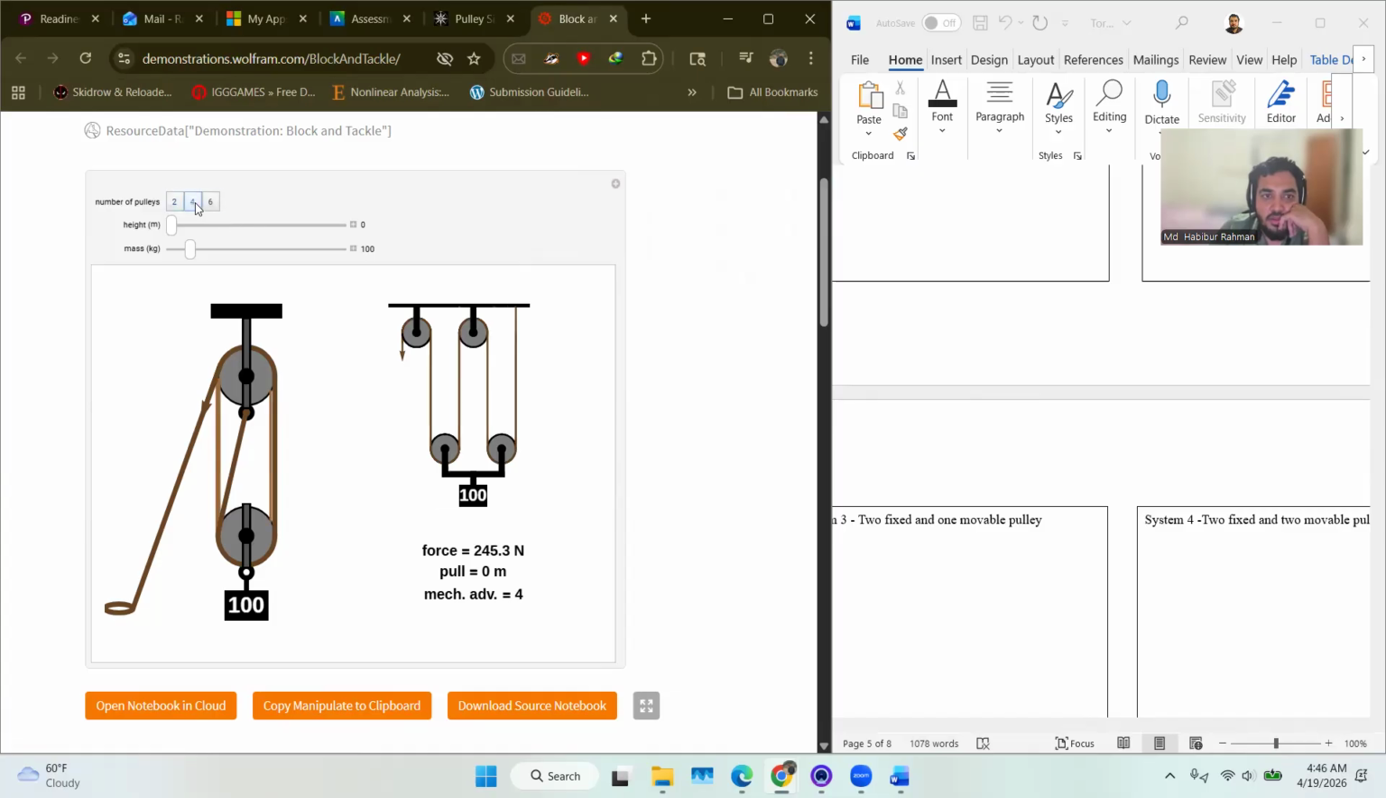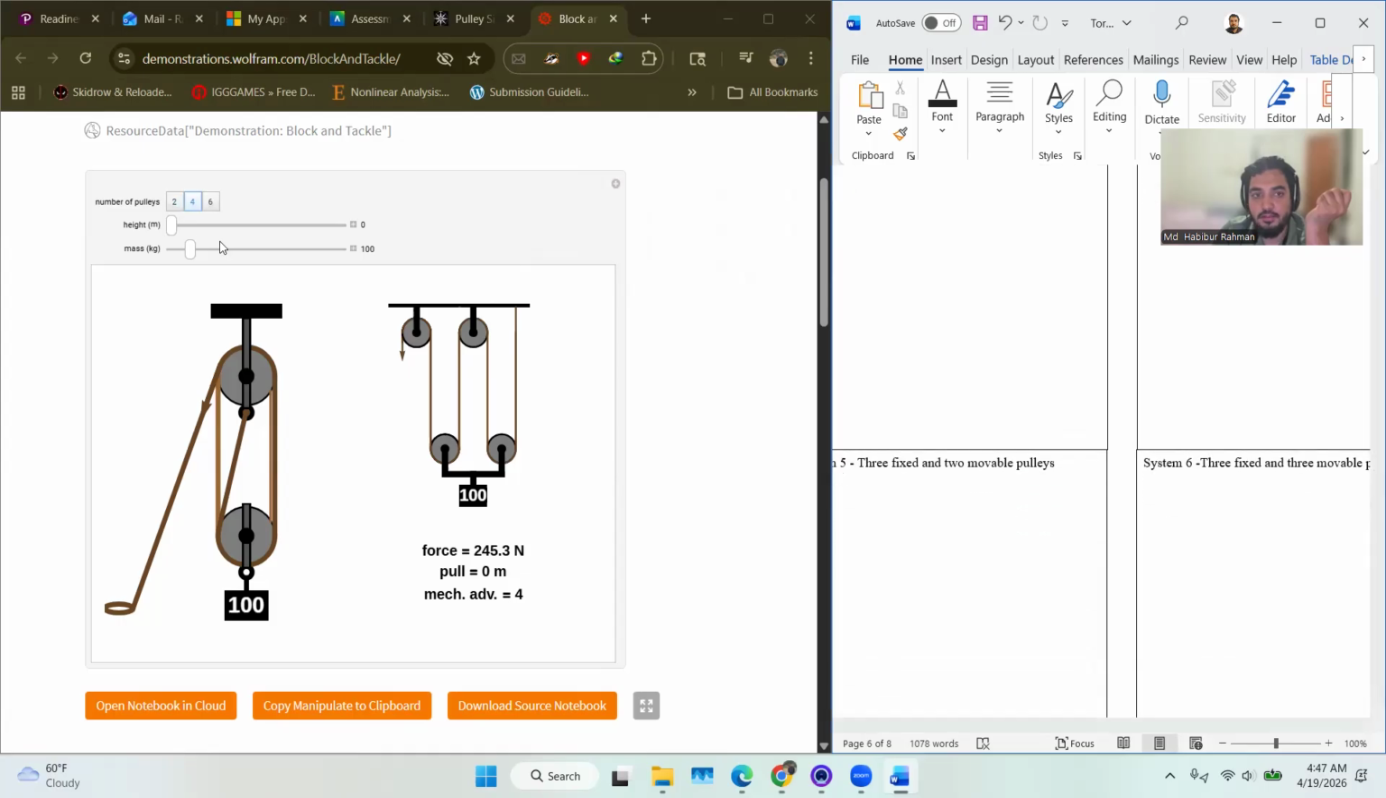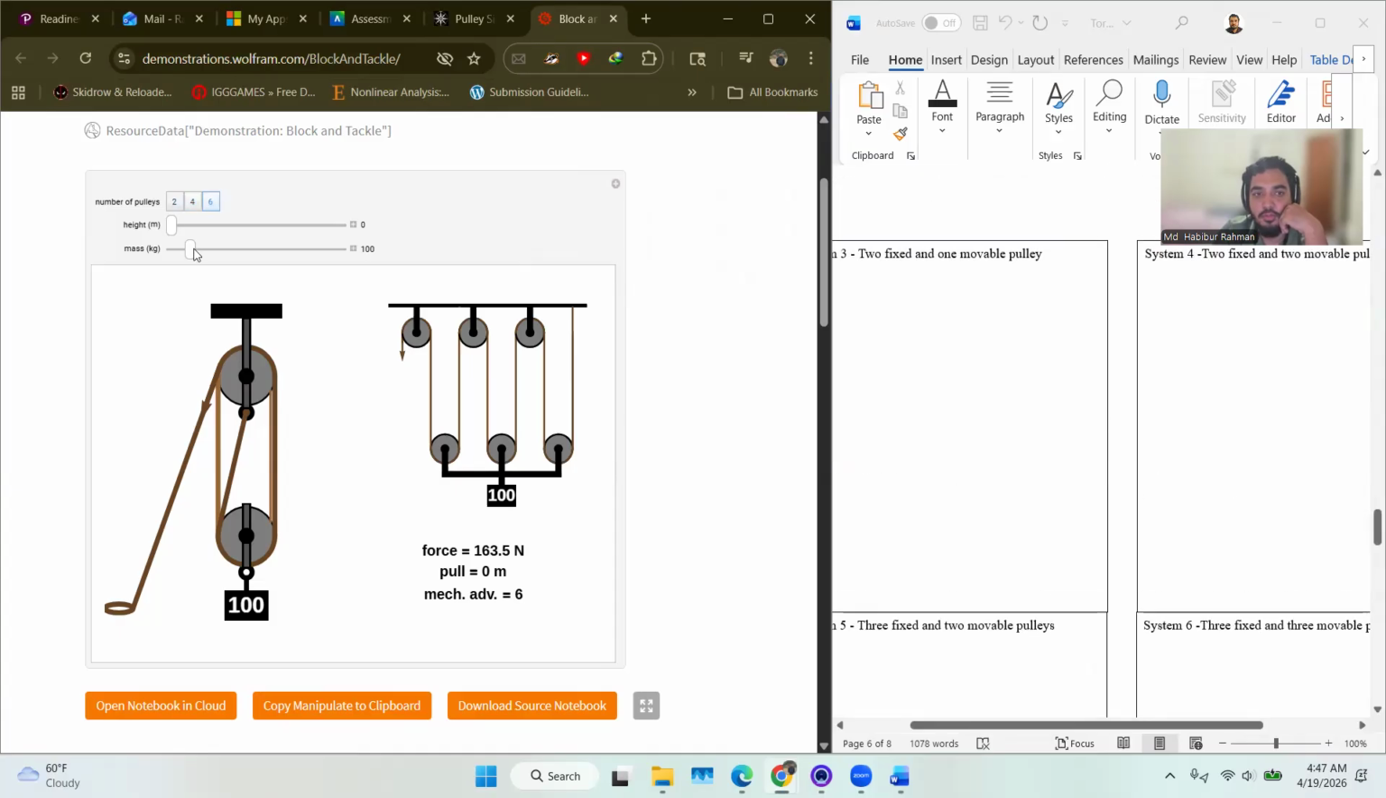Four means actually four different. If they say four different pulleys, it means two moving and two opposite, meaning two stationary. So there are two stationary, two moving. And this is the one you have to draw. Number 6 will be like this one. You have to draw this one. So what will be the mechanical advantage for the 6 one? It will be 6. For 4, it will be